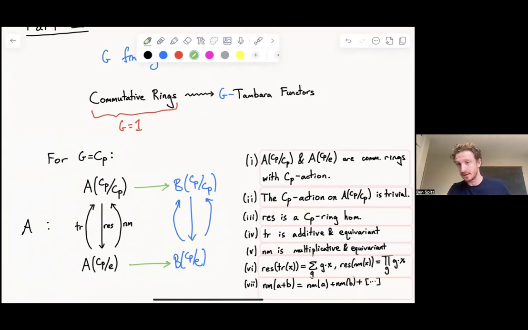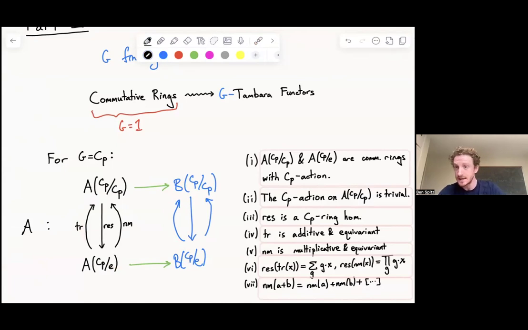They both have to be CP equivariant ring homomorphisms, and they have to commute individually with each of transfer, restriction, and norm. So if I were to map over and then transfer, that would be the same as transfer and then map over. Okay, and likewise for restriction, and likewise for norm. Great. So that's the data of a CP Tambara functor.